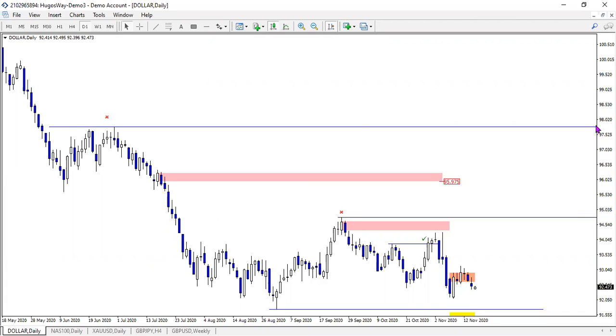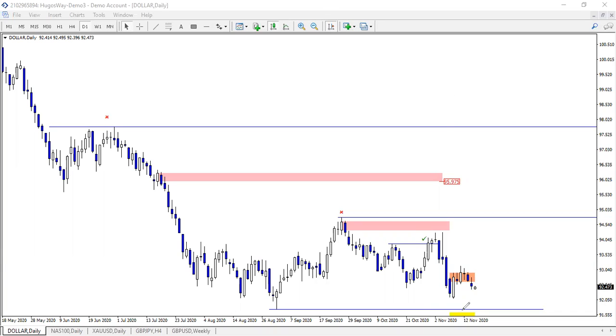Now, yesterday we did see, oh wow, my mouse is getting a bit faulty right now. Let me just use all right, cool. So looking at this level right in here, I did speak about it yesterday, where we had price open at this level, right? And I did say that we will most likely see a gap fill, or filling the gap and then price trading to the downside. And as you can see, that is currently happening at the moment.